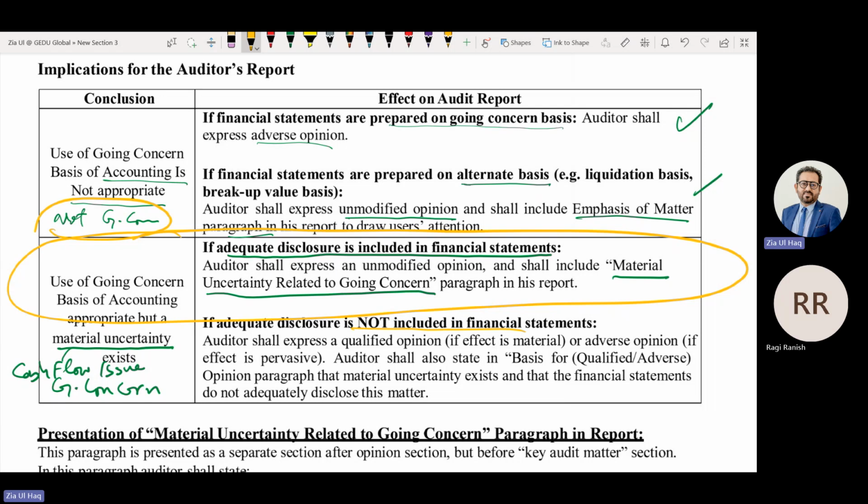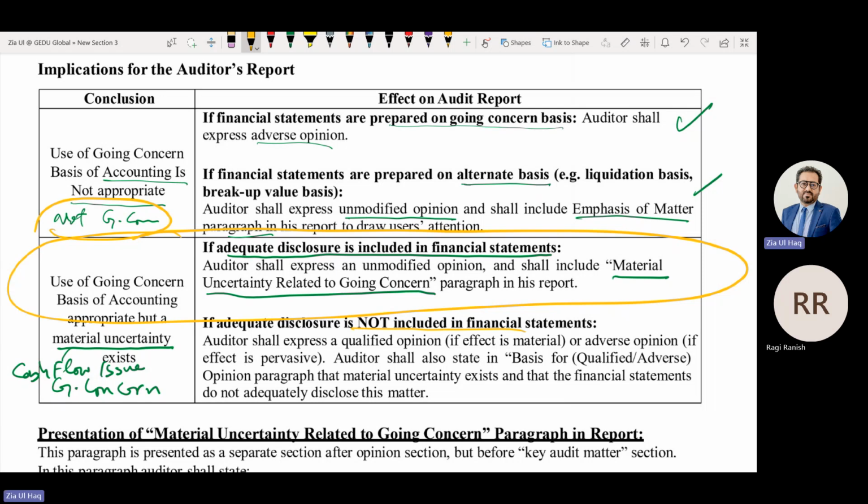If the company is a going concern but there is a cash flow issue, meaning material uncertainty exists, and that issue has been disclosed appropriately in the financial statements, the opinion should be unqualified, but a material uncertainty relating to going concern paragraph should be included to highlight this disclosure. If there is a cash flow issue but it has not been disclosed in the financial statements, then a qualified report.